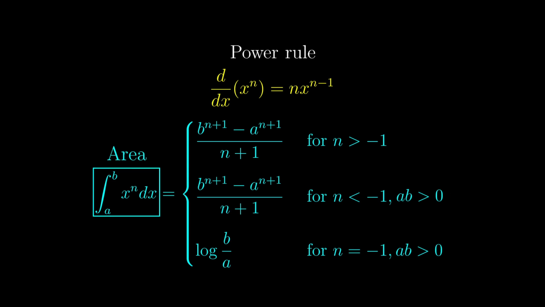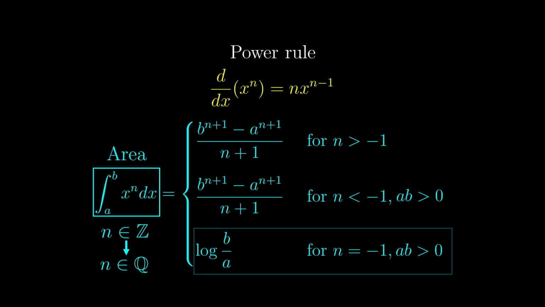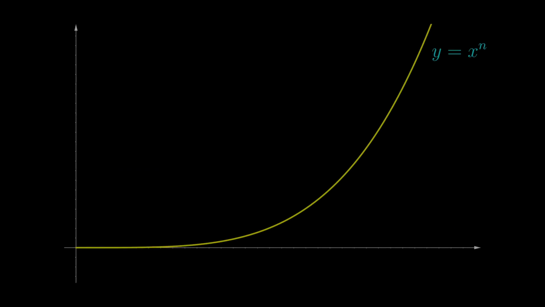under the related curve. The argument presented here is applicable to all n being an integer, although it can be generalized to n being rational. And of course, the natural logarithm here can give rise to one definition of e that is somewhat more visual than you might have used. Let's say this is the graph of x to the power n, where n is an integer at least 2.